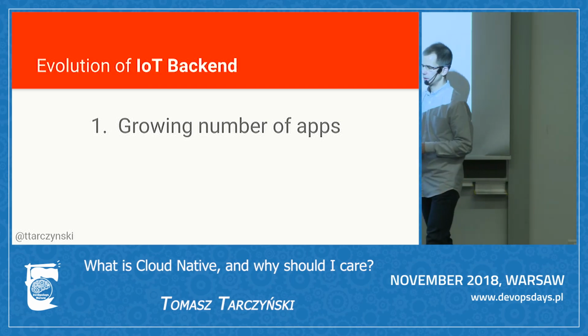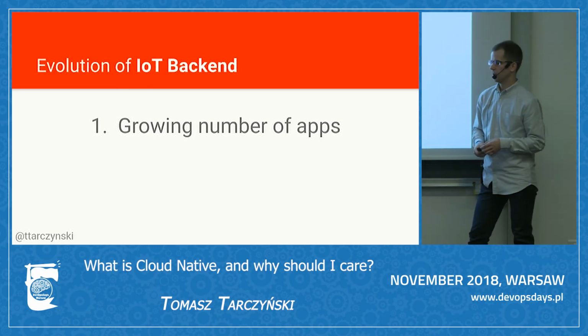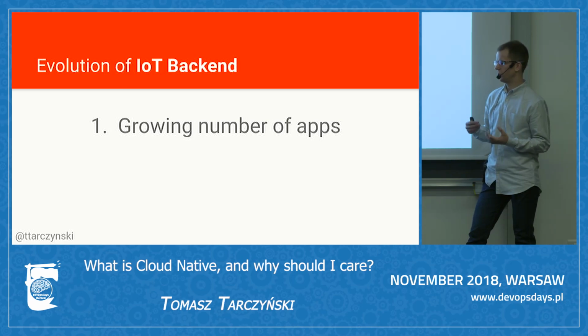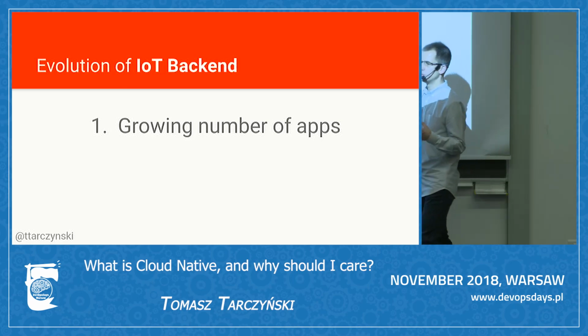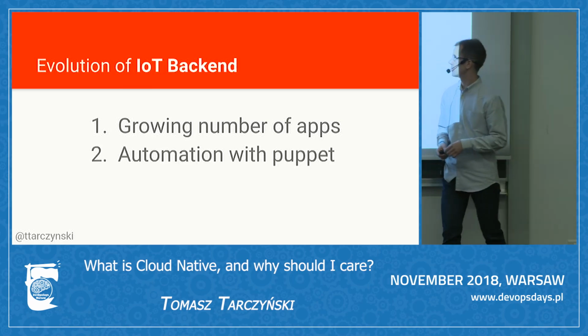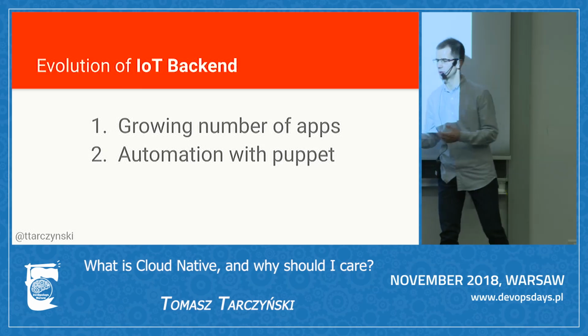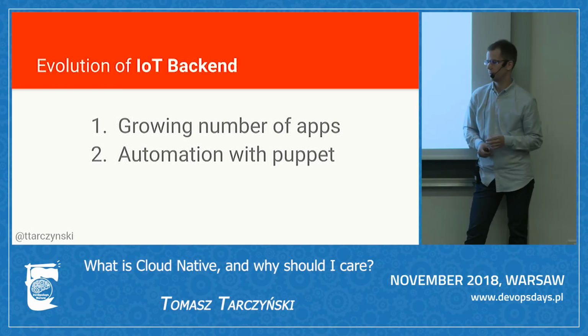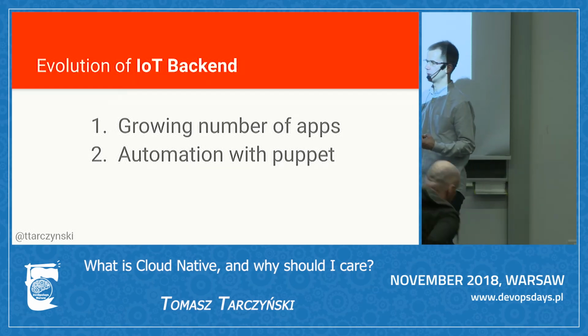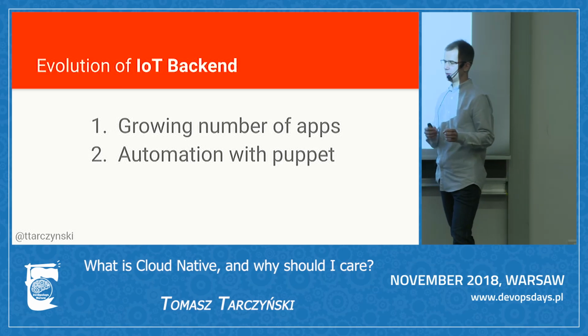But going down this path, doing this migration, we've also seen some challenges. In our case, the challenge was about the growing number of applications. It started to be a bigger and bigger trouble for us to manage those, even with all the automation that we got. So we used Puppet as our automation tool of choice to keep this all running. And the tool was great at its job, which is configuration management of all the nodes in our infrastructure.